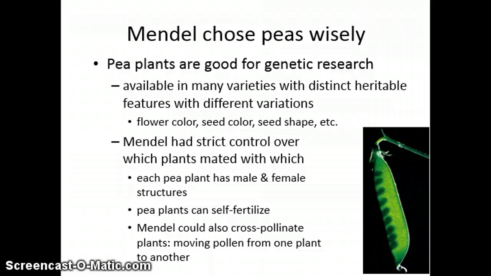So fortunately for Mendel, he chose peas wisely because pea plants are good for genetic research. They're available in a lot of varieties, and they have distinct heritable features with